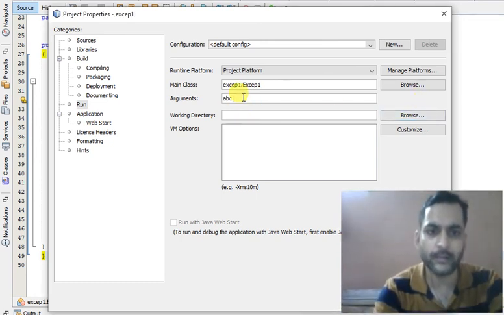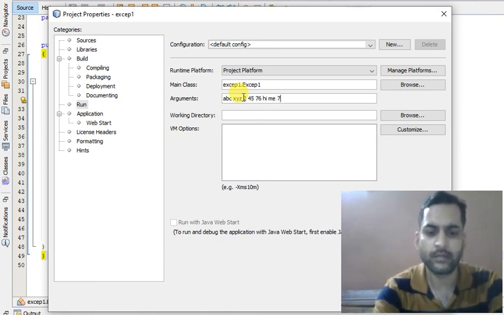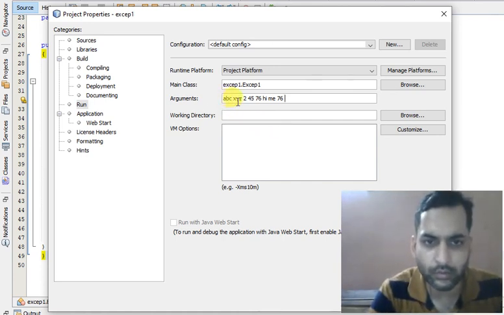Suppose ABC, XYZ, 2, 45, 67, I, me, 7, 6. So let us count: 1, 2, 3, 4, 5, 6, 7, 8.